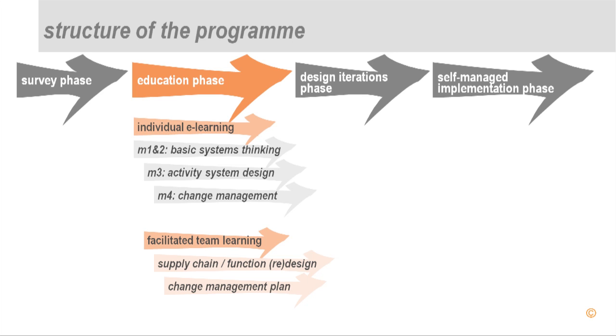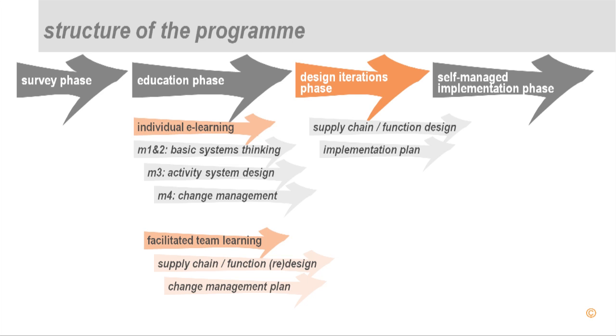As soon as the teams receive the mandate to continue with the program, they move into a design iteration phase. This involves taking the designs to a widening circle of stakeholders who give further input, and some co-design continues. It also involves engaging stakeholders in implementation planning. As soon as sufficient alignment amongst stakeholders is generated, the program can be implemented.